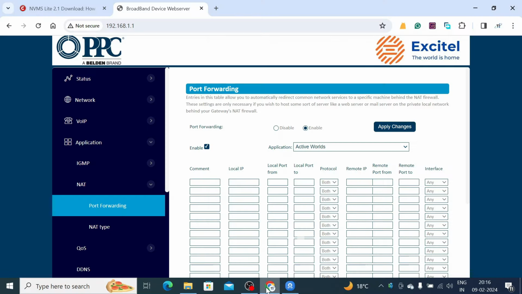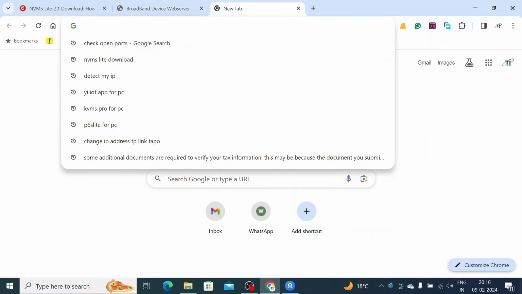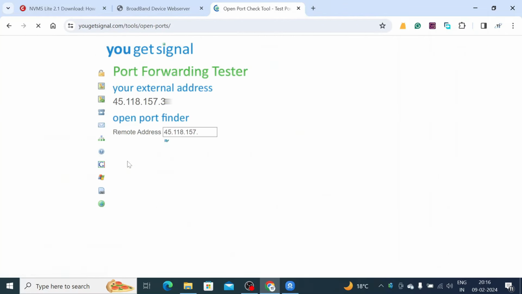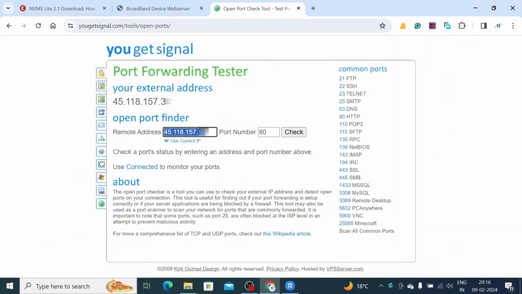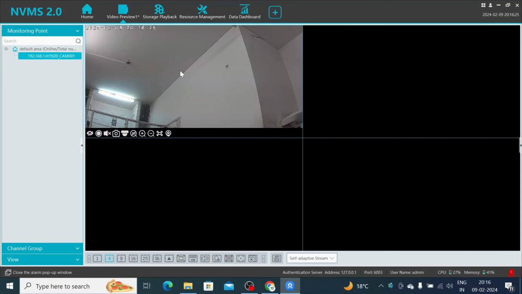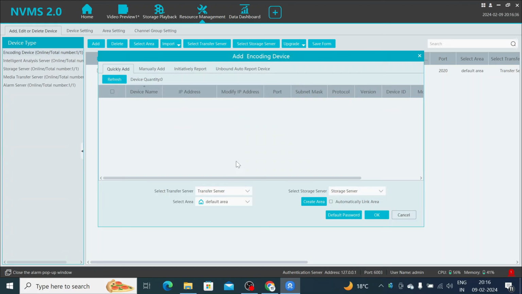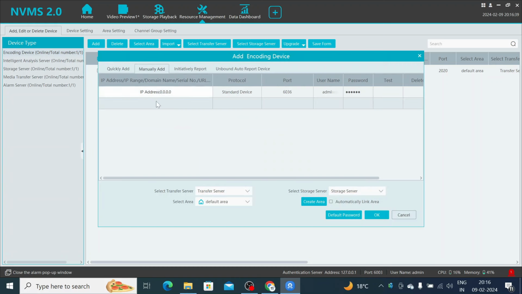Okay, and note down the IP address from this. Here you find that my static IP is this. Okay, just copy this and go to the software, and again go to the resource management and go to the add option, and go to the manual add. Here you should enter that IP address,